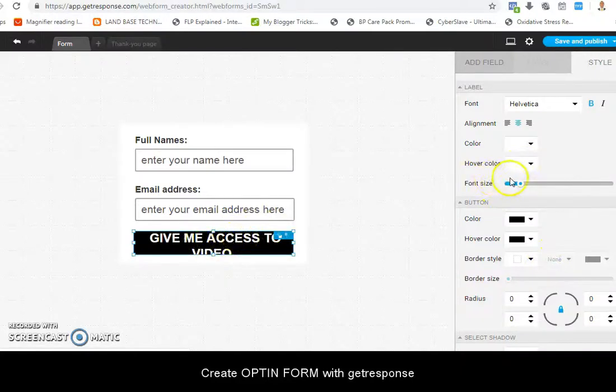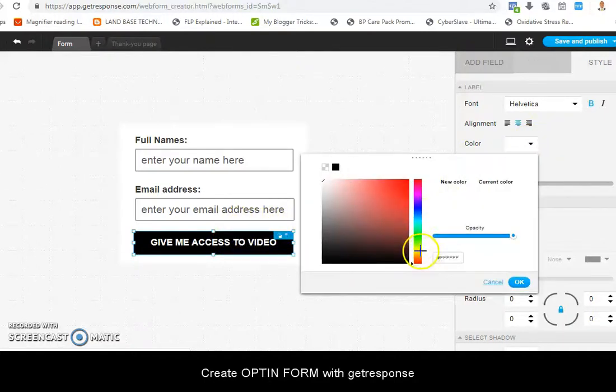And then see the font size, this is the font size. I want to change it, to reduce it, drag this one. Then you can change the font color. This font color, I want to change it to yellow. You can change to any color, so that's just it. I think this is good. So that's just how to go about the button. So having done that, you now click OK.